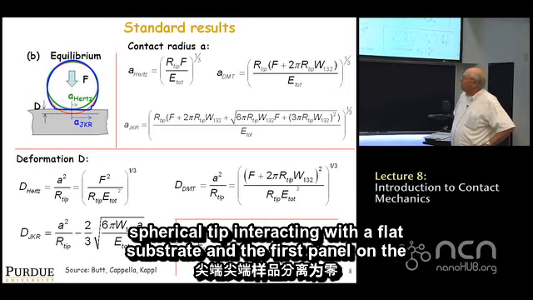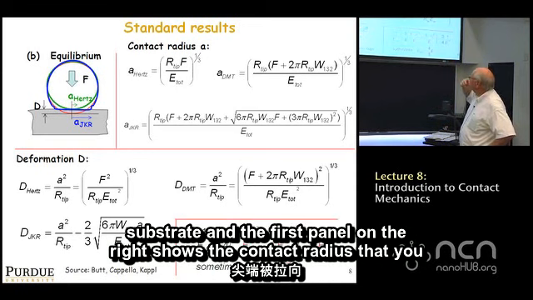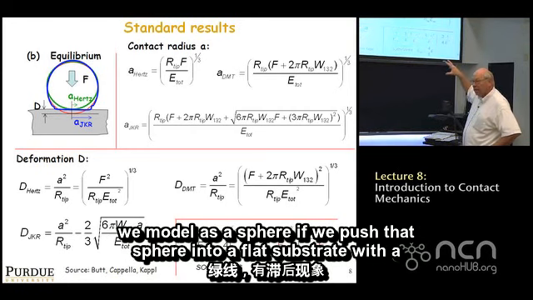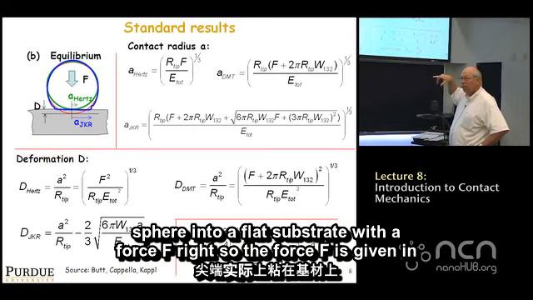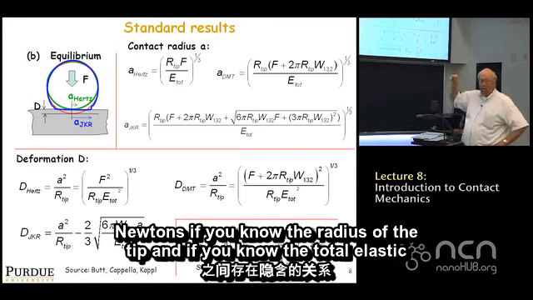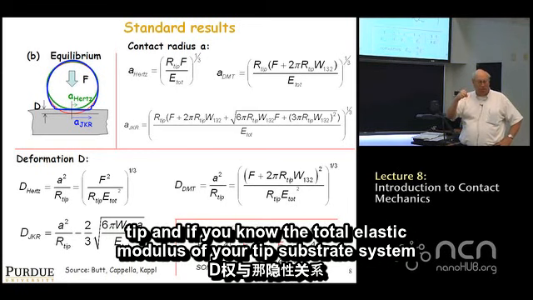And the first panel on the right shows the contact radius that you would expect if you push the tip, which we model as a sphere, into a flat substrate with a force F, right? So the force F is given in newtons. If you know the radius of the tip, and if you know the total elastic modulus of your tip substrate